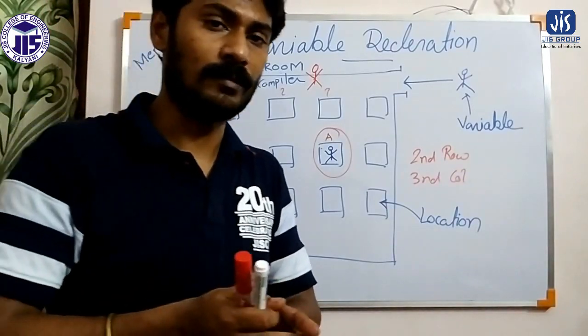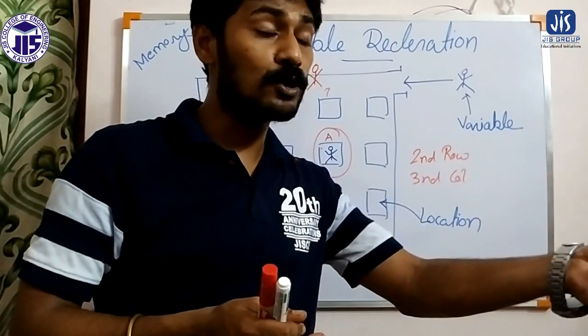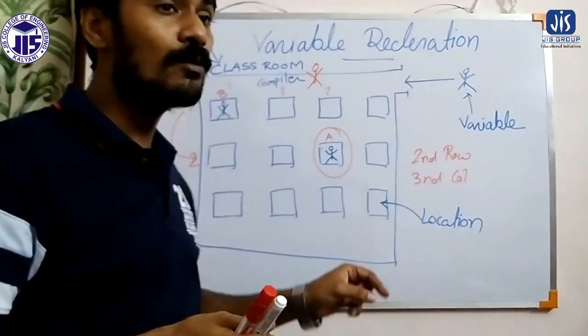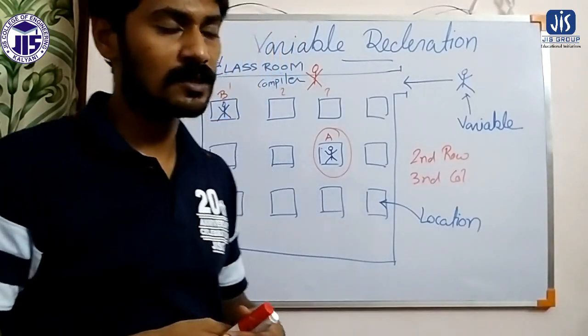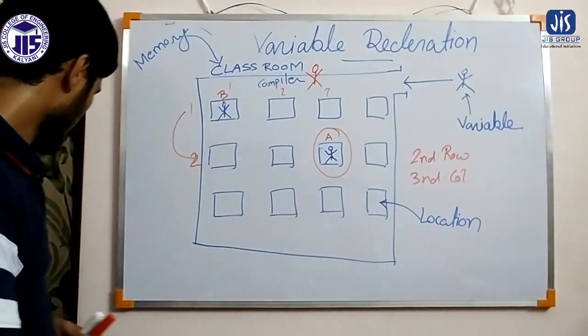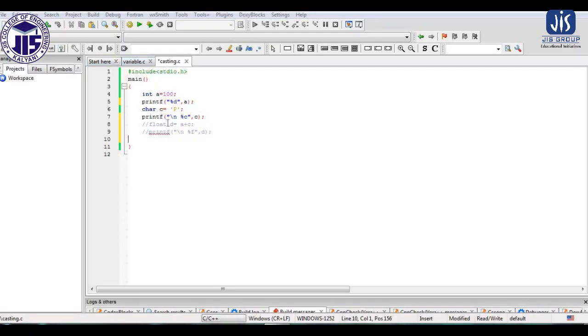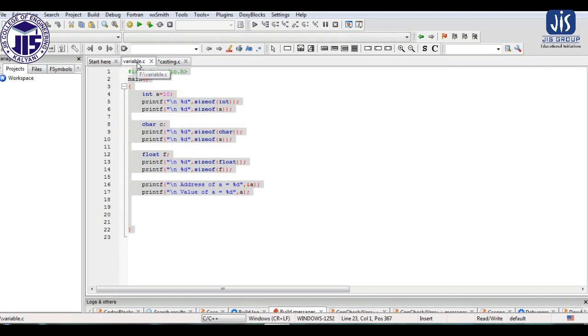that particular variable. Okay. And now I will show you whatever I have discussed with very small examples in a programming language. In this program we are going to see the declaration of how we declare a variable, and we have discussed how the address is assigned to a particular variable, and what the size of a variable is. So here you can see this is the way I have declared a variable.